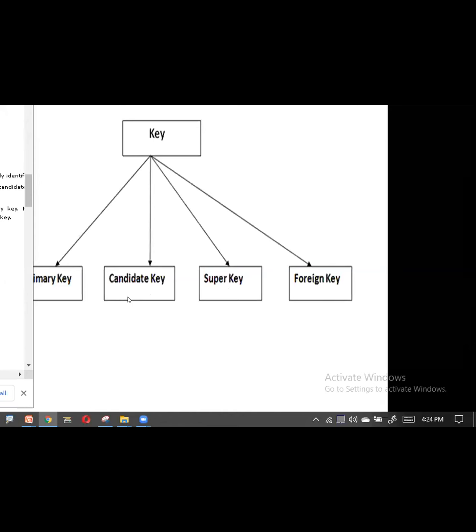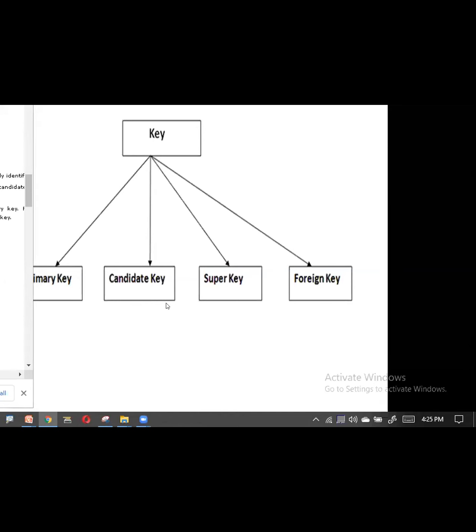With the primary key, I'm saying only one attribute, but here I'll have multiple attributes which can uniquely identify. Except the primary key, whichever other attributes are there are considered candidate keys, and these are all as strong as the primary key.